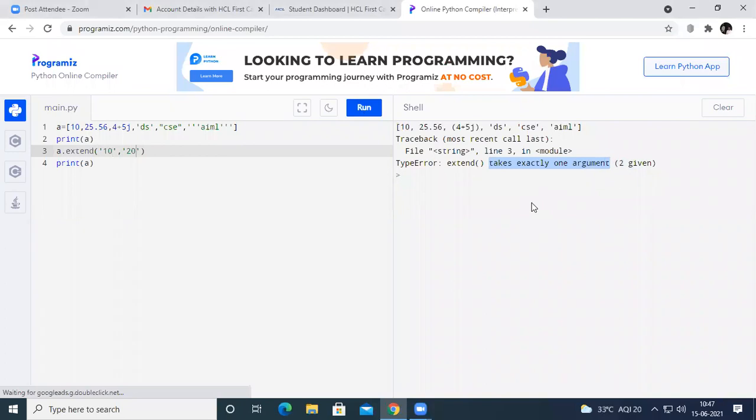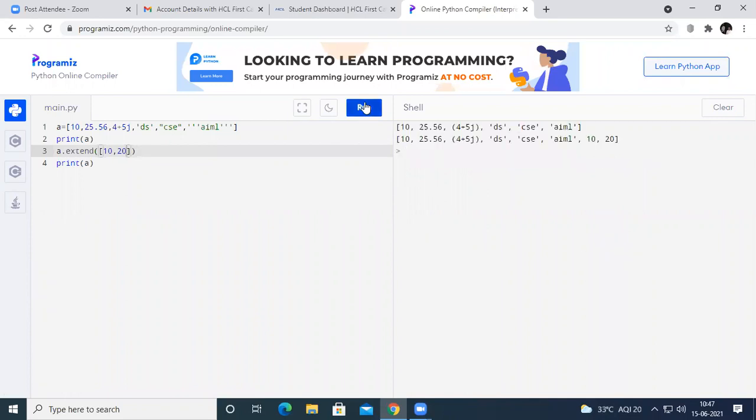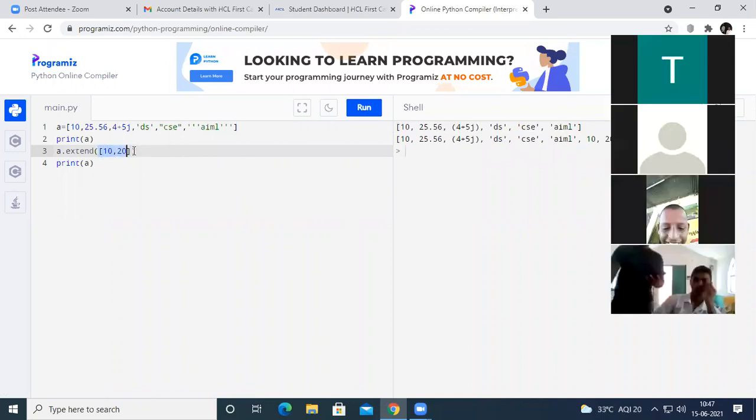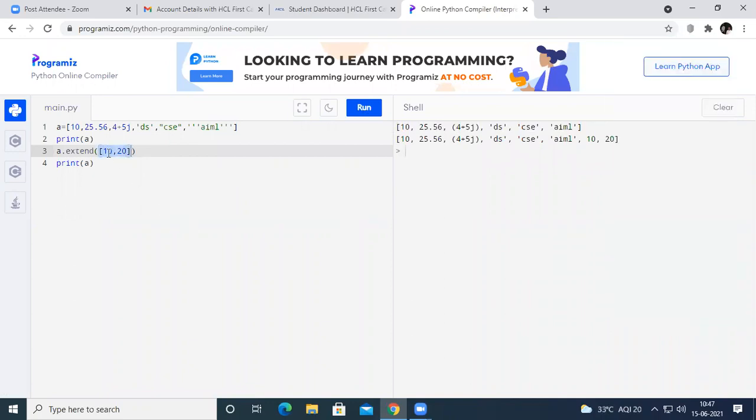But as I said earlier, this extend function is going to take multiple values. So it is going to add multiple values at a time to the list. So if we use the list symbol here, for example, 10 comma 20, and if I run the code, see here, in a single step we have added a couple of values to the list.